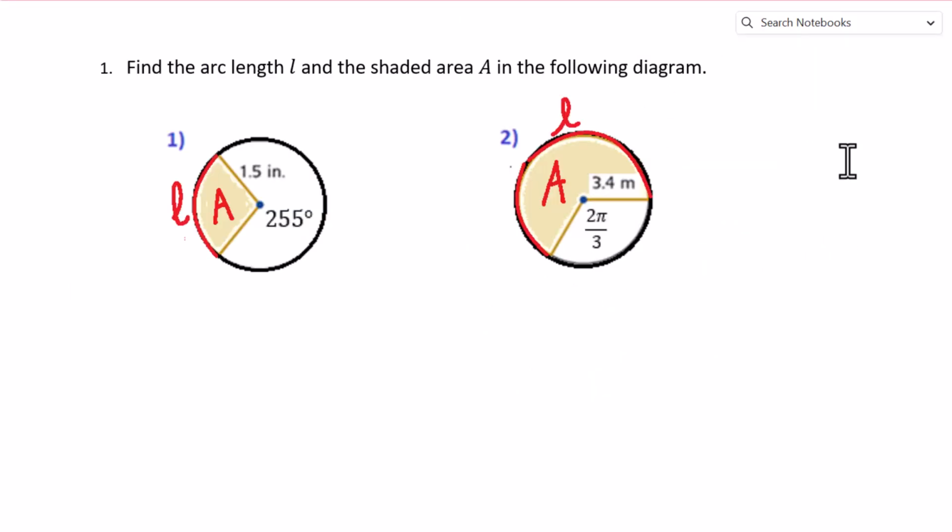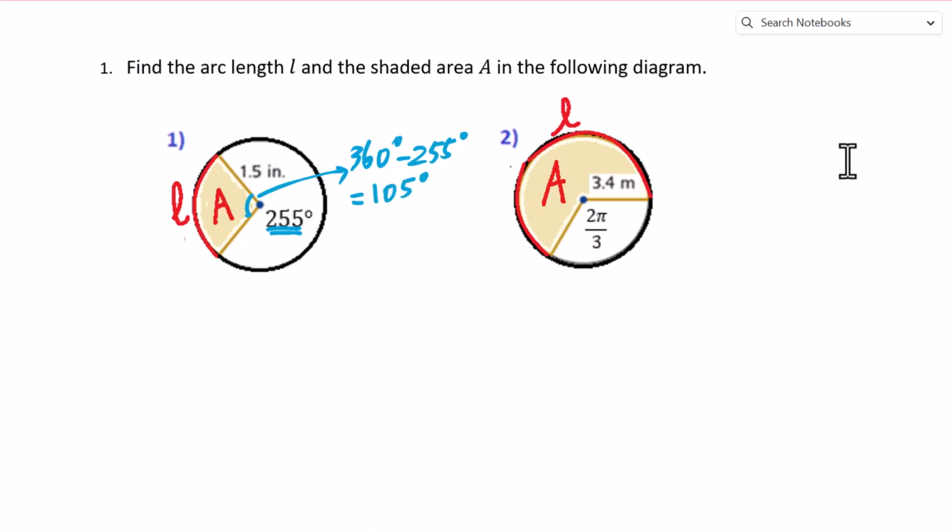Let's go to question 1. Find the arc length L and the shaded area A in the following diagram. We are given the angle in degrees. The central angle corresponding to L and the shaded area is 360 degrees minus 255 degrees, equals